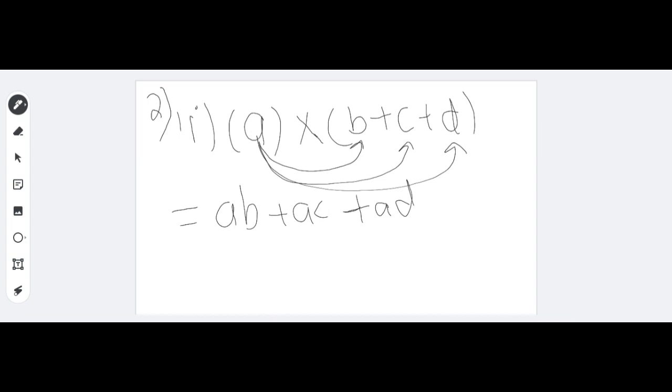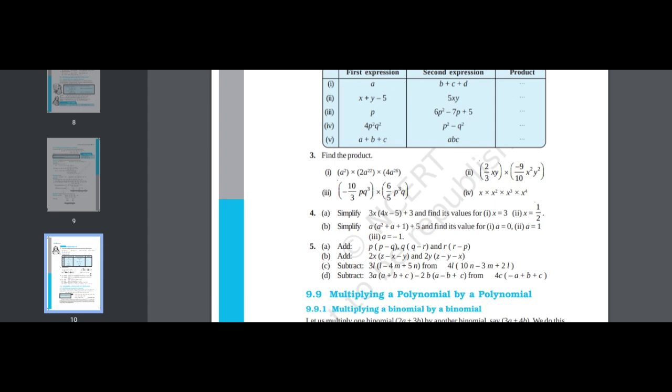Now I'm doing the second one. Okay, you are doing your own. You can do that. Yes, you can. You just have to multiply 5xy with the x term, with the 5 term, and with the minus 5 term. Okay, so it will be x square y. Very good. x y square. Very good. Minus 5xy. No, 5 fives are 25. 25x. Very good. Exactly like that.